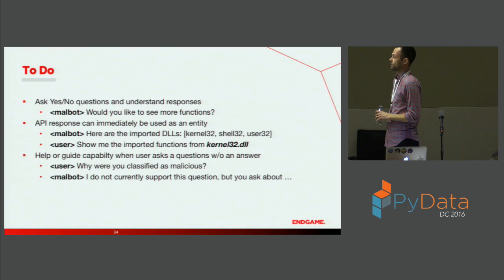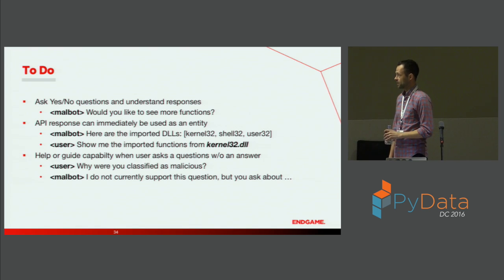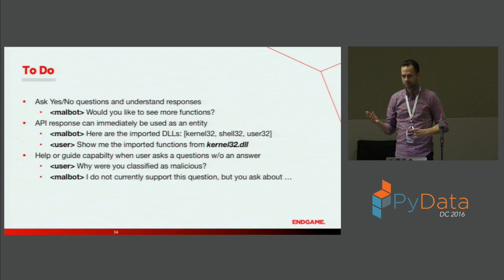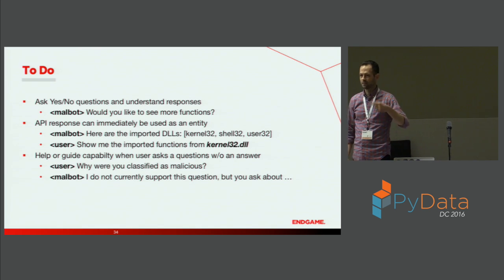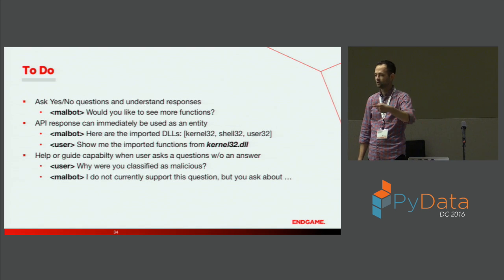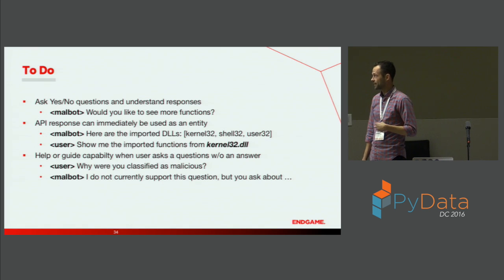So some things left that I want to do, just to make it a little more robust and practice what I preach on some of these other slides, is start to handle yes and no questions, because yes and no questions are surprisingly difficult. If you've looked at the Facebook bAbI data set, it's very cool. They talk about the same thing. It's, would you like to see more functions? And then the user says yes, and then you have to remember that you just asked it, would you like to look at more functions? Yes. Seems totally easy until you're programming it, and then it is a complete nightmare.